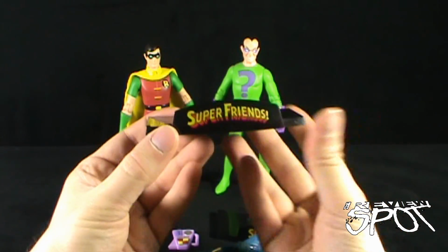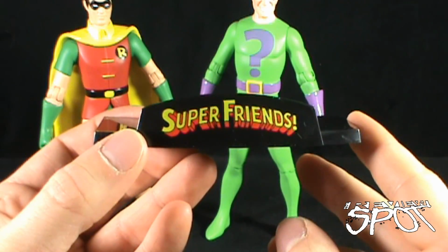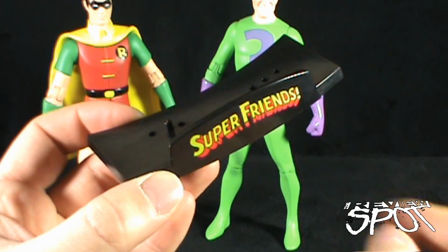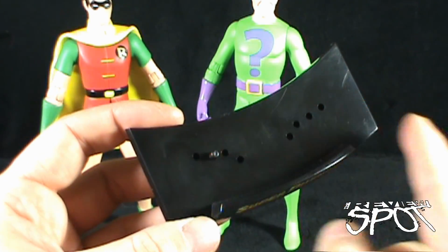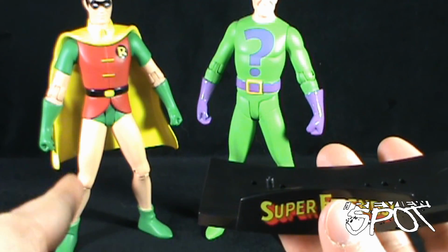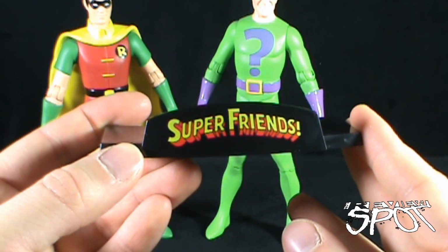All the Super Friends 2-pack sets come with Super Friends display bases, as Spot's already indicated in the other reviews that I've shot. Really love the display base, as I've already mentioned in these reviews. And really don't want to say too much more aside from the fact that, yes, 4 holes on either side. Technically the peg hole is only on this one side of the character's leg. I don't understand why, but I'm not going to take that away from these really